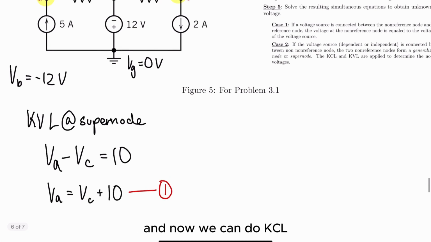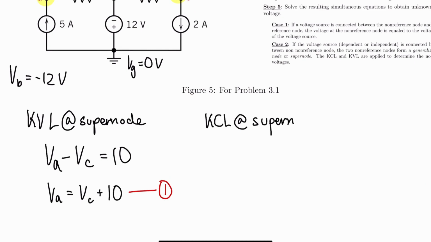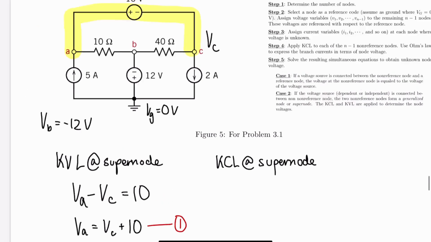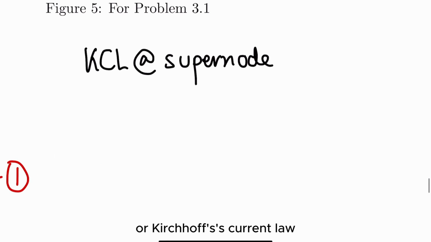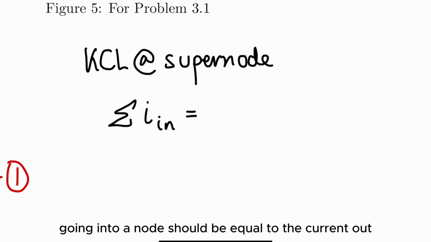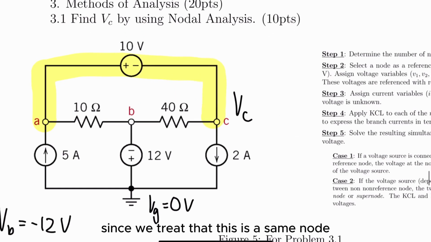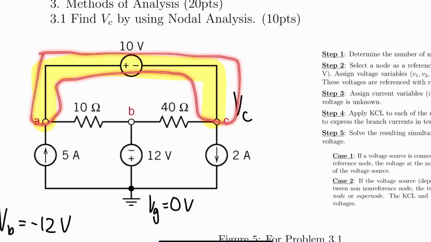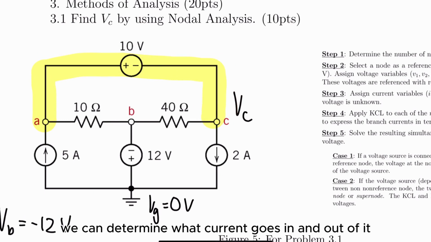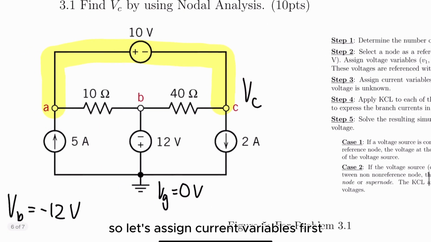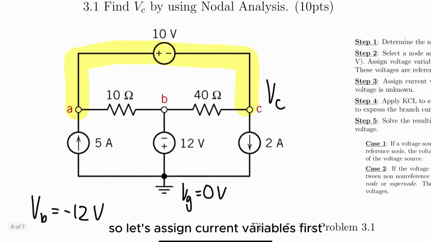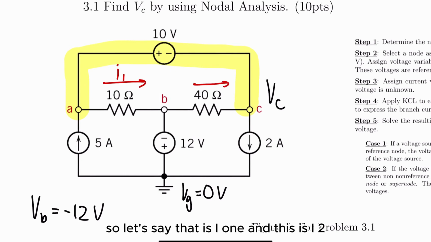And now we can do KCL at the supernode. So KCL, or Kirchhoff's current law, states that the current going into a node should be equal to the current leaving the node. Since we treat this as the same node, we can determine what current goes in and out of it. So let's assign current variables first. So let's say that this is I1, and this is I2,